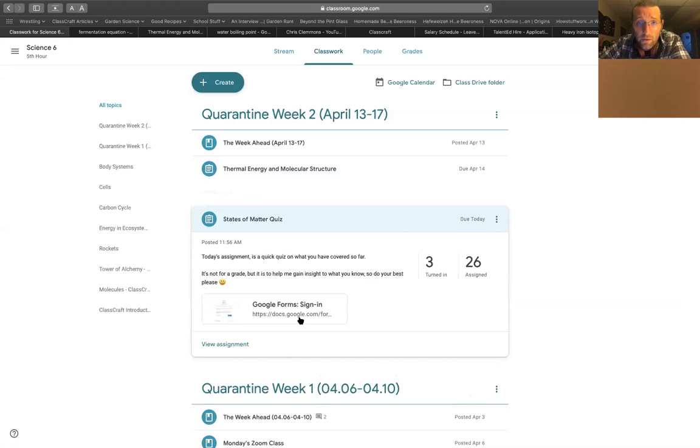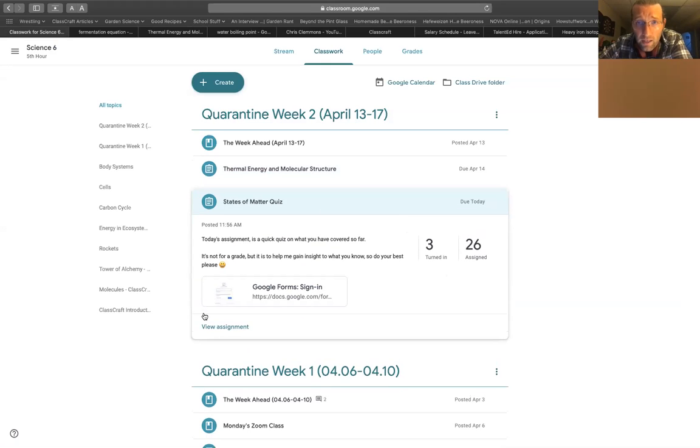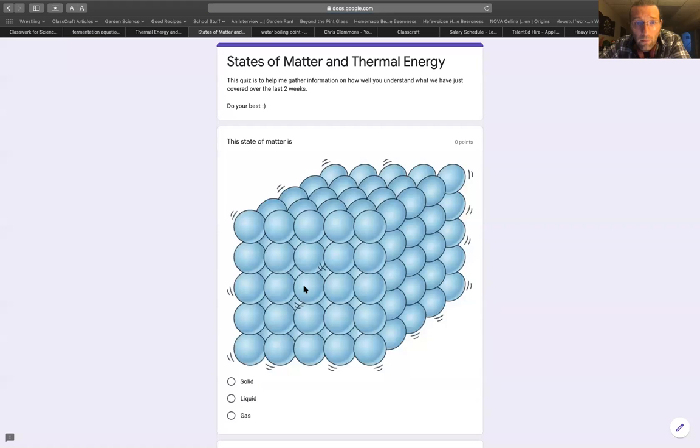Next is today's quiz. So today's quiz, this is not going to be graded. I'm going to give you feedback using Classcraft here probably next week on the answers that you put in here. But this is not graded. This is so I can see what you've learned. So on this one, don't use your notes if you can keep from using them, because I want to know what you know. And that's all this is, just to make sure that we're all on the same page, so I don't cover things that I don't need to cover, or I don't move on before you guys are ready.